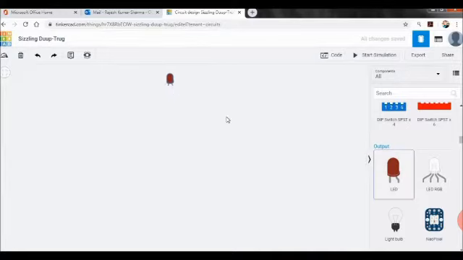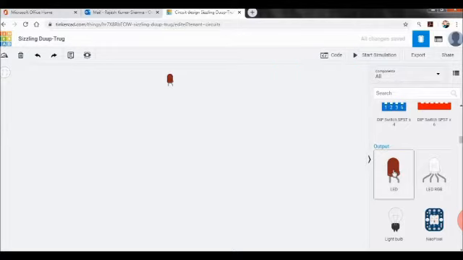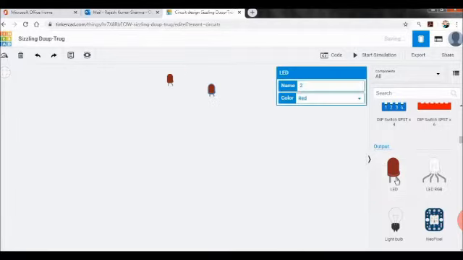So what is to be done? Click on the component, that is, click the left of the mouse and then drag it left hand side. Simple. That is how we have to select the components. These are virtual components, but you will be able to see the working, that is, the glowing LED and all. So click on any component that you need, click the left of the mouse and then drag it wherever you want to make the circuit on this space given.